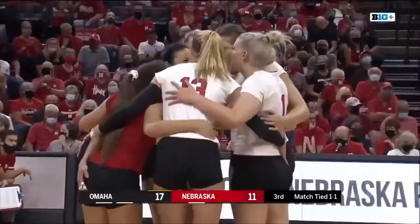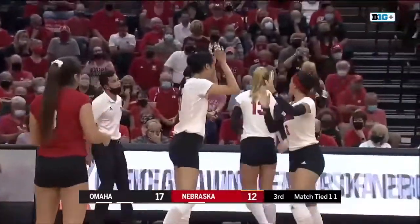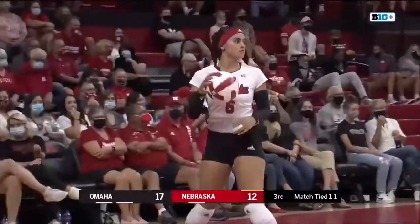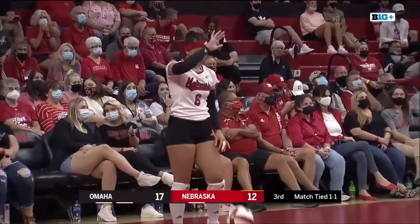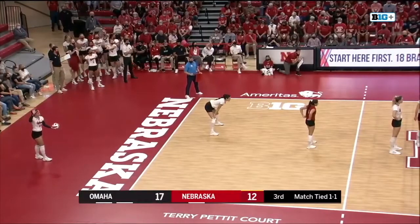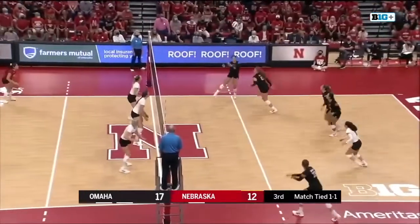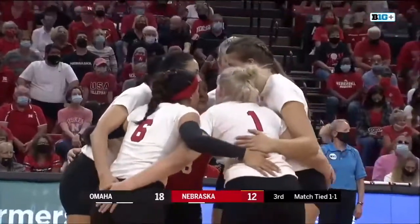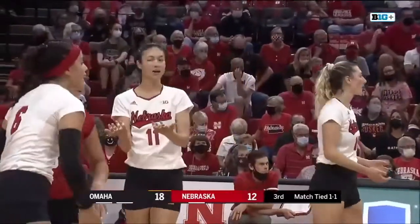I'm trying to diagnose UNO. You got a great returning outside hitter in Fairbanks. You got an amazing right side hitter in Sadie Limback. Then Mariah Buss arrives from Wichita State. She's the former Nebraska State Player of the Year. You got a really solid middle in Marshall. You got a really solid setter in Sammy Clarkson, and the libero Mountjoy is something else. They are solid top to bottom. Middle back swing. Fairbanks blasted through the Kaylin Meyer block. 18-12 UNO, folks. This could become a UNO